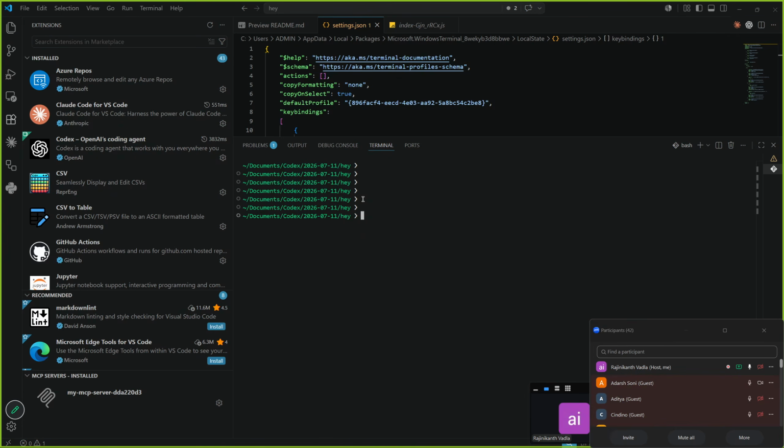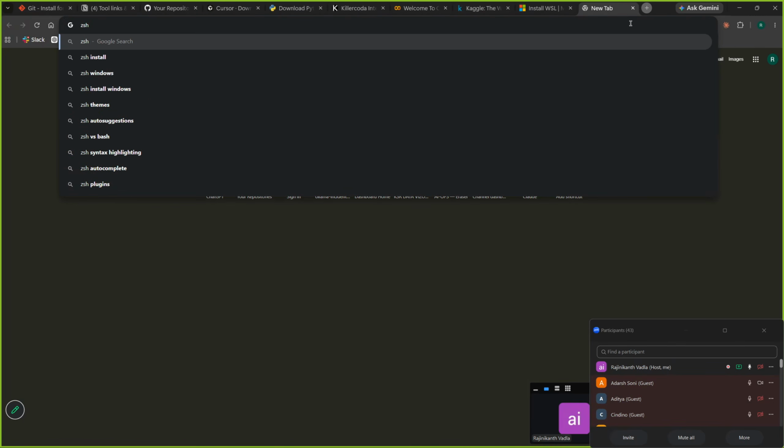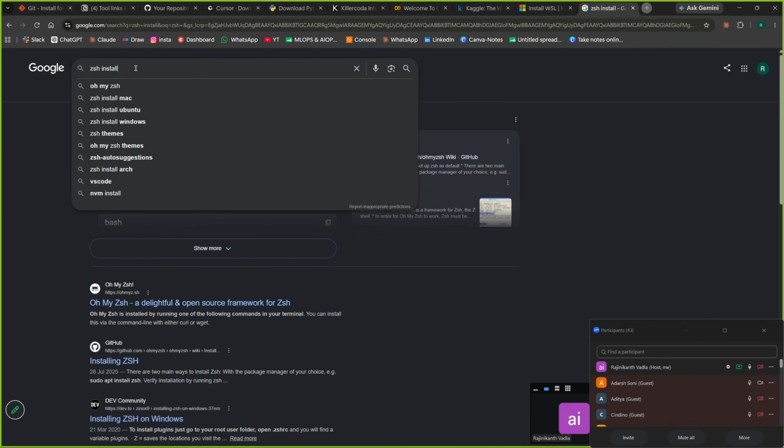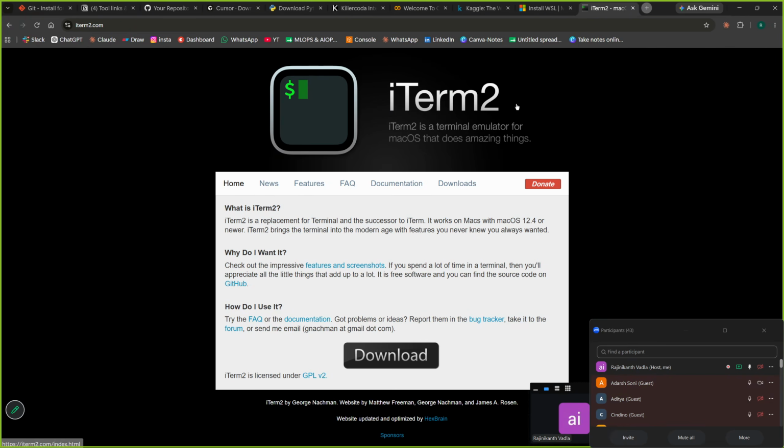In Mac, sir, install ZSH or iTerm. Oh My Zsh will be there. So install this or iTerm2 terminal for Mac, sir.